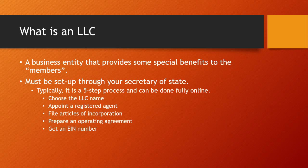There's a number of websites that charge $50 to $100 to help you with filing this stuff, fully legally and appropriately, even with some semi-complex situations. Now, if your situation's super complex with limited partners and a bunch of members and all that kind of stuff, you probably ought to go to a lawyer. But for most people, they can do it online for a $50 or $100 fee, and they can help them set it up. Next, you're going to prepare an operating agreement, and then you're going to get your EIN number,